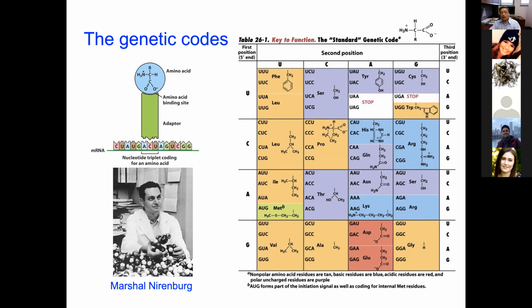And also one of the very important properties of the genetic code is that we call it the standard genetic code, because all the different species of life, from bacteria to mammals and humans, use the same set of genetic code to code for proteins. So this same chart can be used to translate all forms of RNA into proteins.